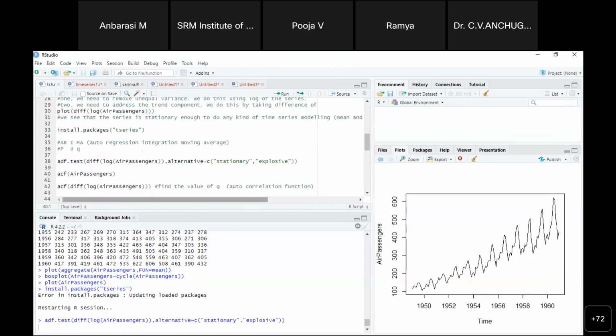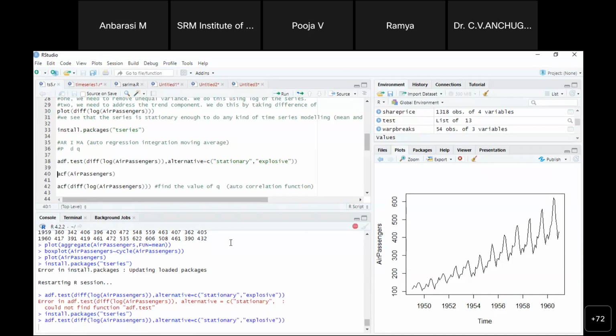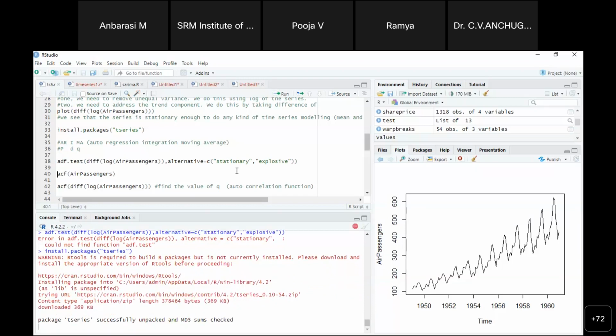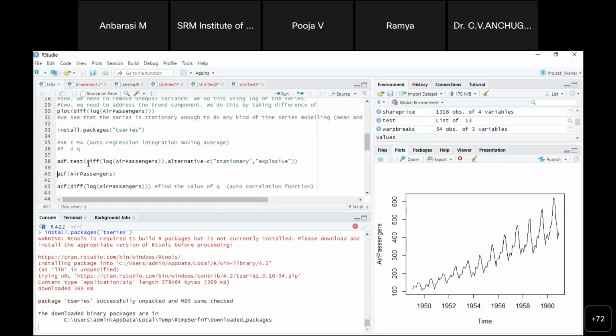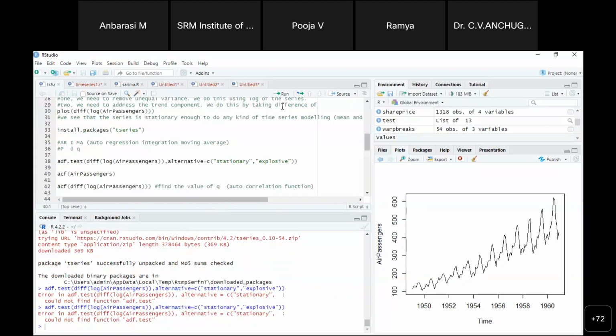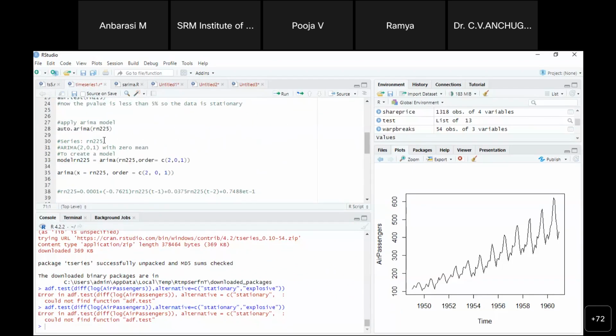So once you have installed the packages, then what you have to do, we have to perform this ADF function. So the ADF function will perform the test of whether the given data set, one second. So this will tell you whether the data set is stationary or not. So if the data set is stationary, then only we can perform that particular model. We have to download this also. We have to execute